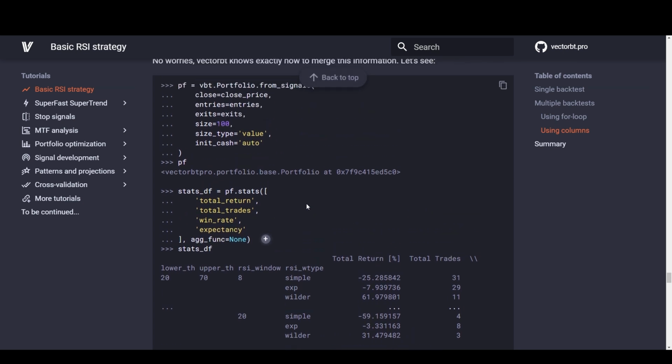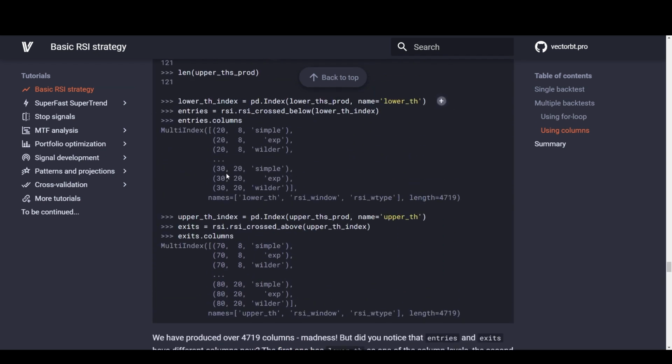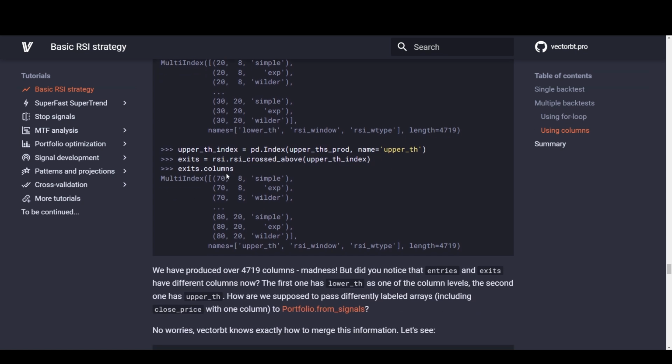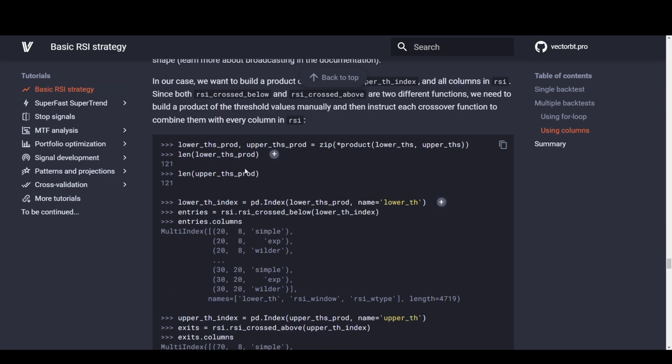I guess this is where I'd have to use polars or polars and do the same thing.